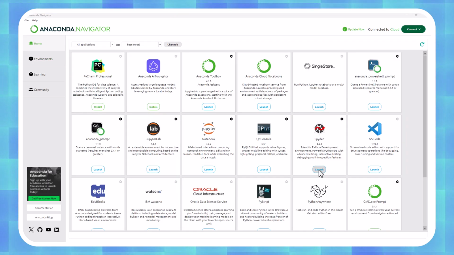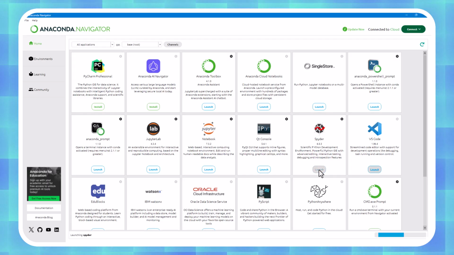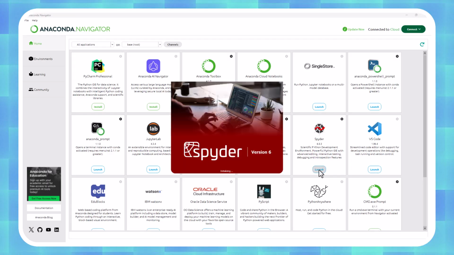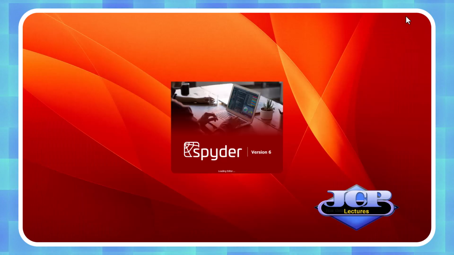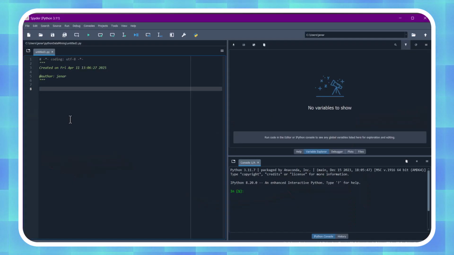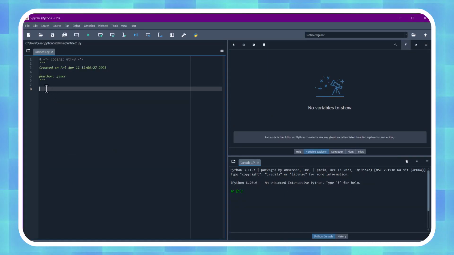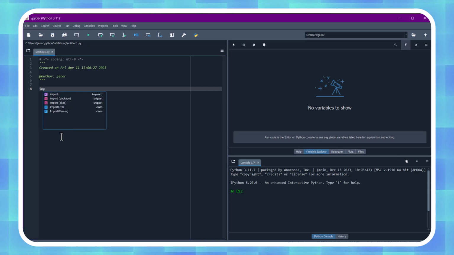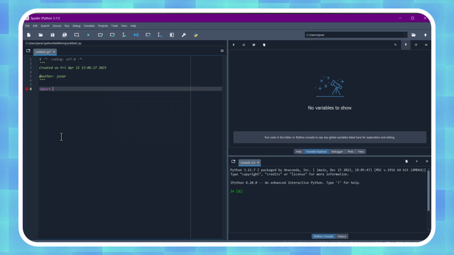From Anaconda Navigator, let's launch Spyder. To develop the project, I am going to use Spyder 6.0.4 with Python 3.11. Spyder is the IDE to develop Python apps.